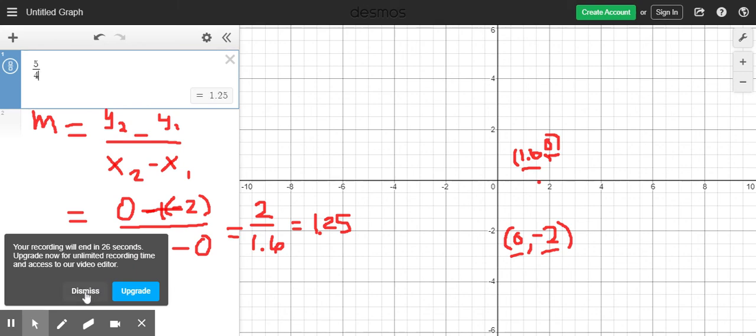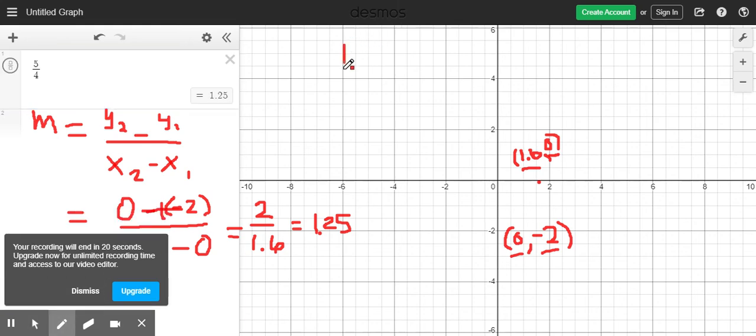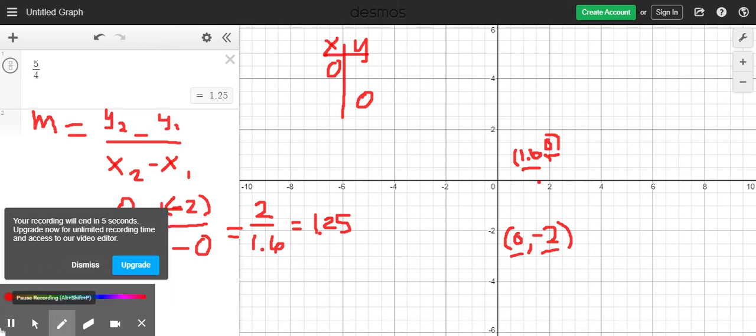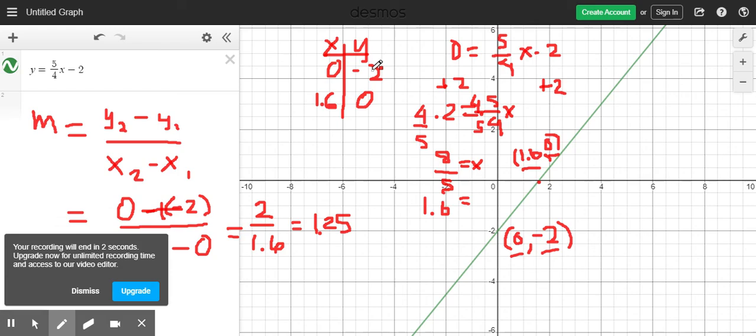Now, how could you go about graphing or finding the intercepts on your own? Instead of just using Desmos, you can set up just a quick XY table. And to get the y-intercept, you plug in 0 for x. To get the x-intercept, you plug in 0 for y into that initial equation. Okay, so if we plug in 0 for x, we get y is -2, 0 for y